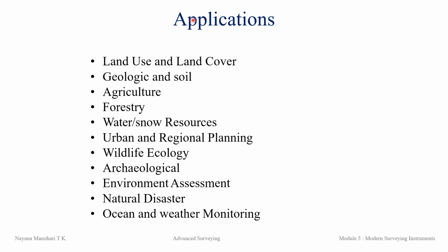That is the first one, land cover and land use. With the rapidly growing population of the world, what happens? The land use and land cover patterns are also changing. Due to that, agricultural land is being used for urban purposes, and forests are being stripped to provide land for cultivation.